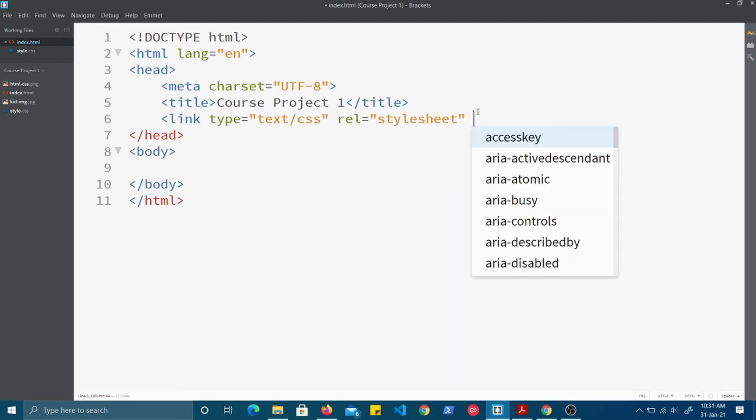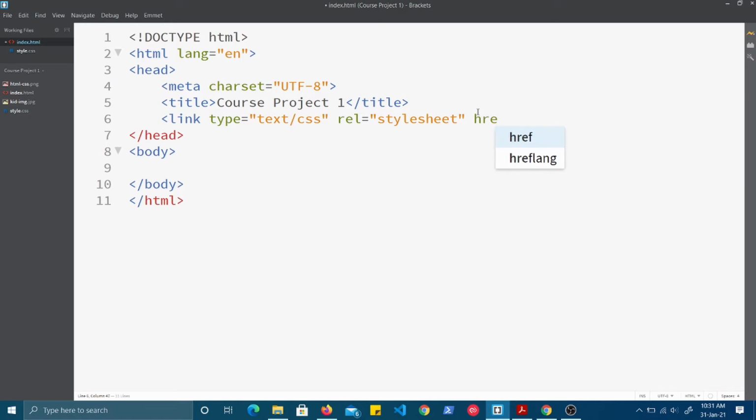Then the most important part is the href, that means the file that we want to refer, that is hyperreference. You have to give the path. Now here, since this CSS file is within the same directory, I will be giving this, but normally you will have the URL, okay, which will point to the CSS file. So as in the third project or the fourth project, we will have our entire website hosted on a website. So there you will also get what I'm talking about, how to give the URLs.